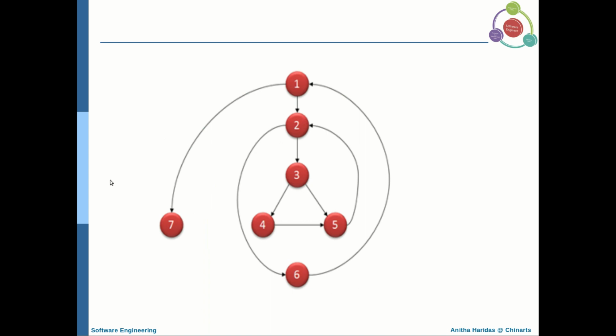For this particular flow graph, let us imagine this is one flow graph we are going to have. Let us see how to calculate the metric for this. We know that the formula for calculating the metric is number of edges minus number of vertices plus 2P. P is nothing but connected components. So how many connected components do I have for this particular flow graph? I am having only 1. If so,